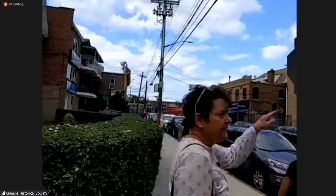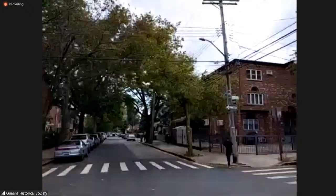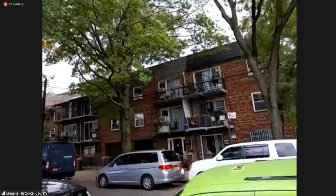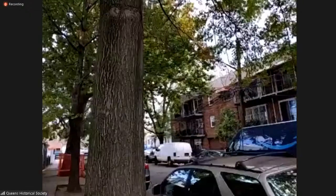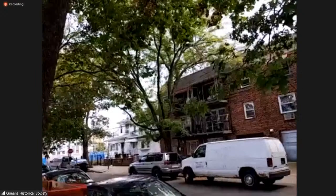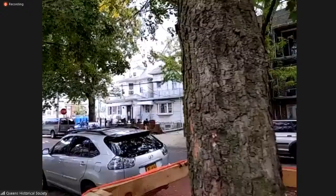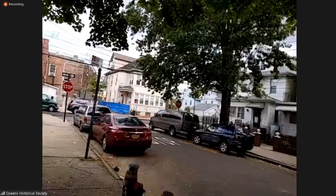Okay, at the next corner. The population currently is about 40 to 45% Asian, 40 or 45% Latino, but of course within that we have many, many countries and regions represented. China, Taiwan, Philippines, Thailand, Indonesia, Nepal, Malaysia, Pakistan, Bangladesh, Mexico, Colombia, the Dominican Republic, Peru, Ecuador, Uruguay, and